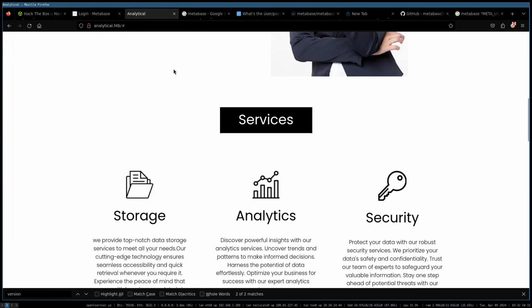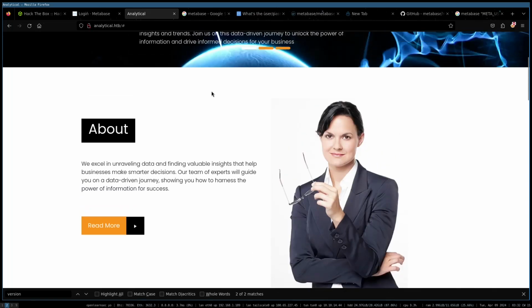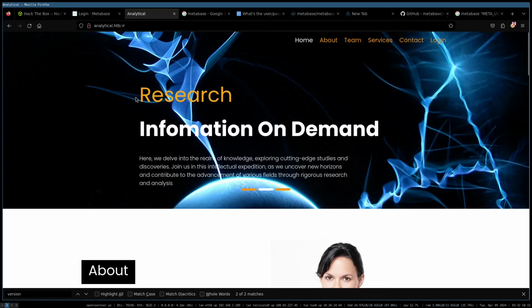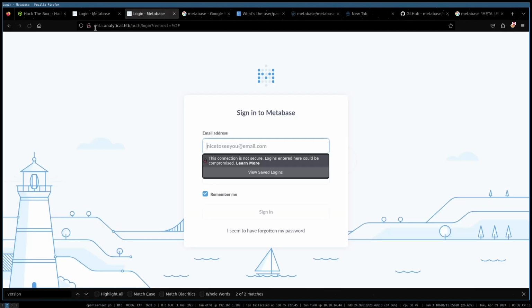This website was pretty plain and vanilla, nothing really interesting there. They're a company that does storage, analytics, and security. Went through this website, super static, nothing interesting at all about it. Found this link, log on. This was the only one that actually went anywhere, and this took us to